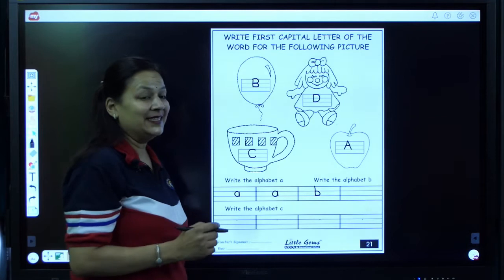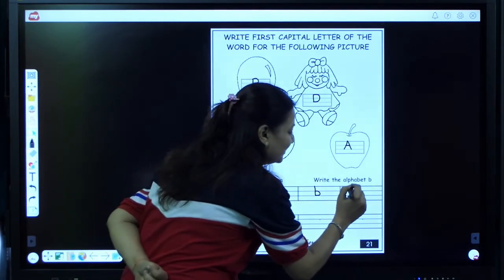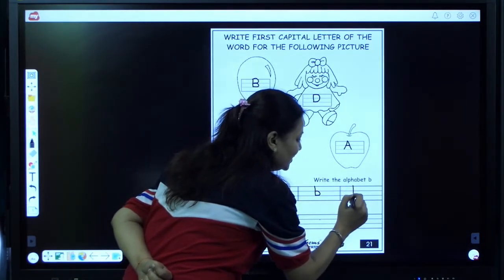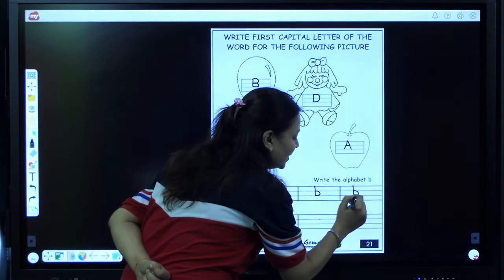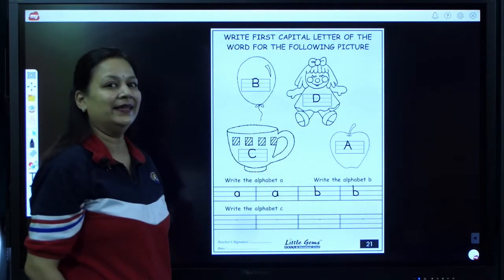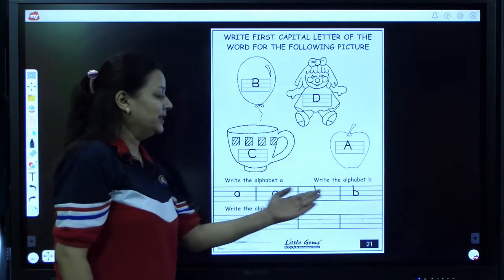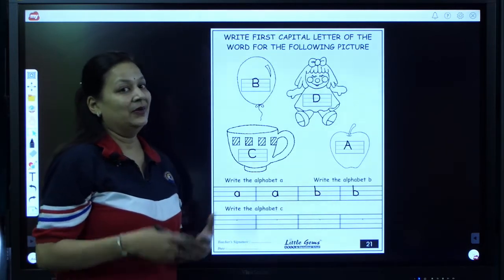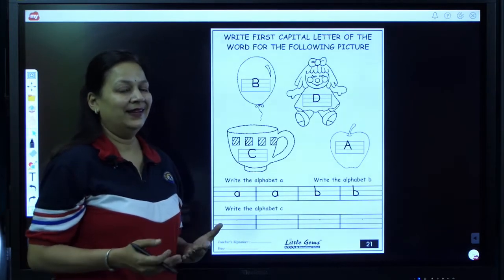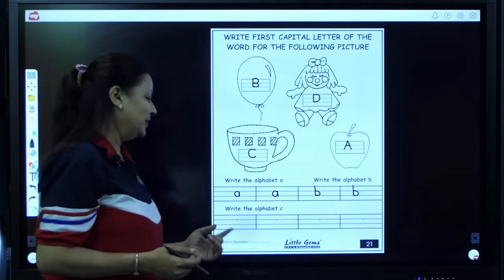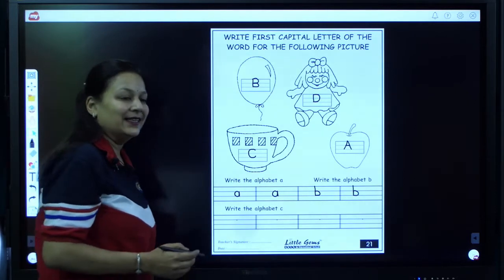Again it's my turn to write B. Up to down, standing line, come back again till middle line and draw a curve. B. Now I have completed my first row. You have to complete your first row.